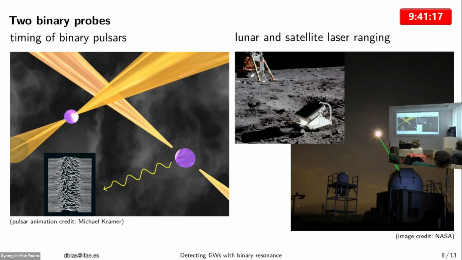Another one is the lunar and satellite laser ranging. Let's take the moon. In the moon, there are some mirrors that have been monitored since the Apollo missions. You could say, okay, the Earth-Moon system is very dirty. How come you can do anything with precision? But the idea is that I don't care. They have a model that tells me that